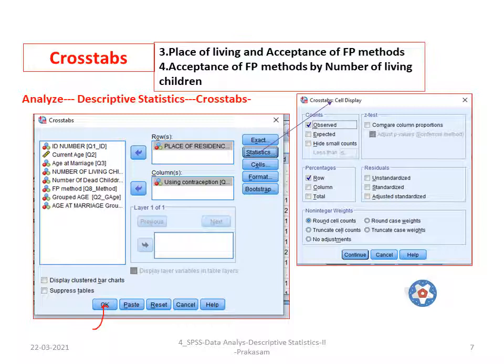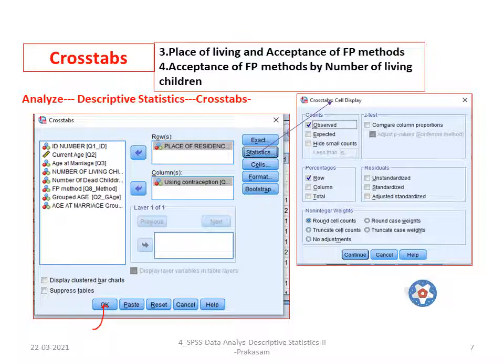Suppose you are interested in finding out how many urban women accepted family planning. Therefore you expect the place of living to come row wise, and the use of contraception column wise. Whatever you give here, the tables will be generated by SPSS in the same way.